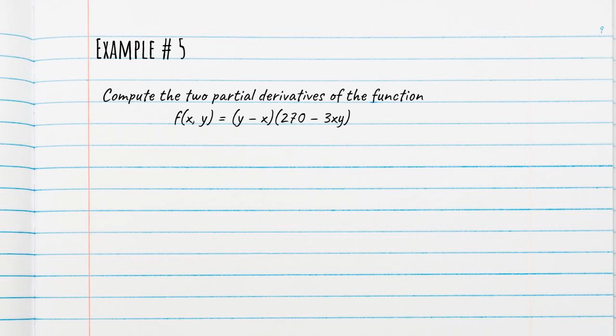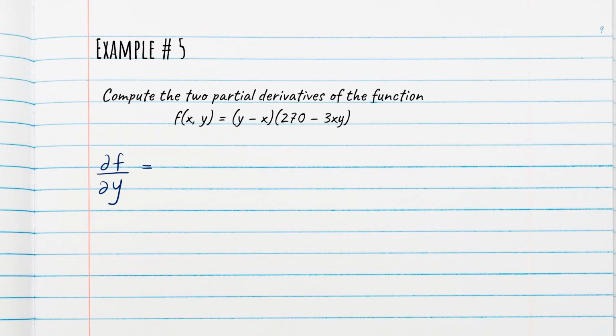Now let's compute the partial derivative with respect to y. We're still going to have to use the product rule, but we've seen it once, so it'll seem a little bit easier the second time around. So we're treating x as a constant and we're differentiating with respect to y. We identify that both terms that are multiplied together have y in them, so we're going to have to use the product rule. So we're going to start by taking the derivative of the first term with respect to y.